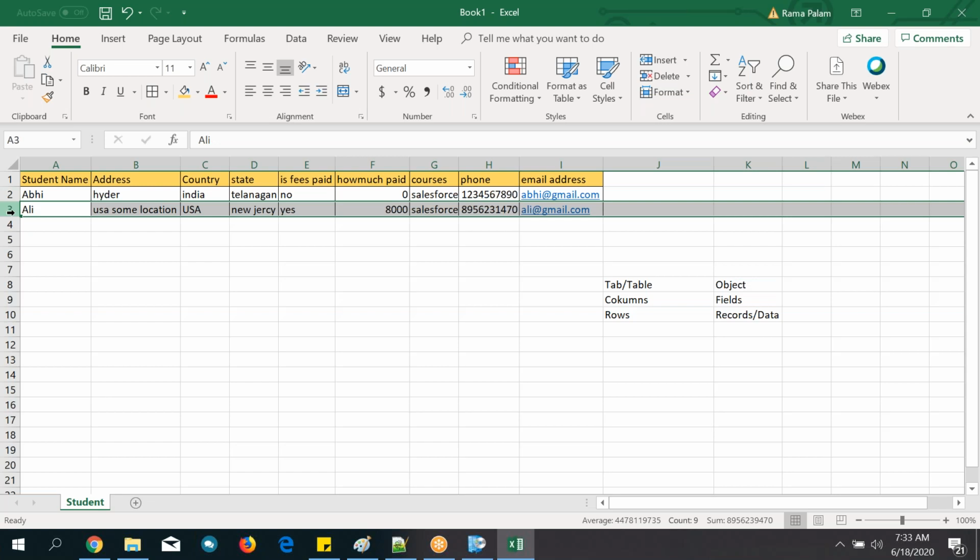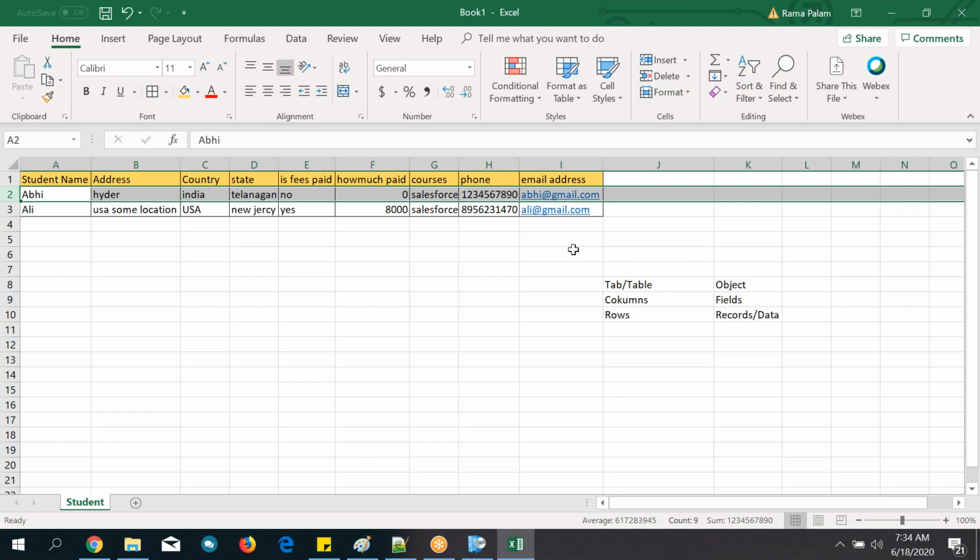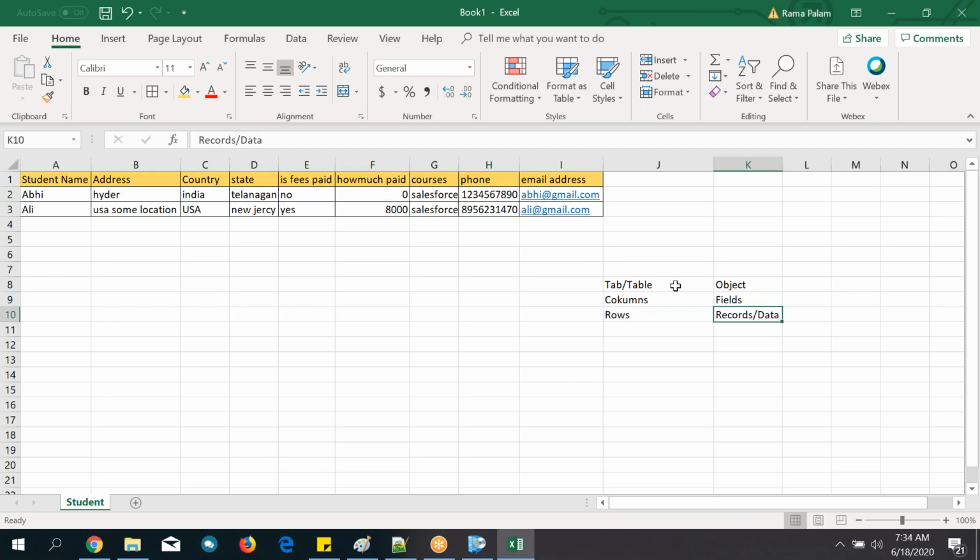Generally, record means one person's record. If you watch crime movies, they say, bring his record. From 98 till now he is a villain, a rowdy, so bring his record to the police station. Like that they say in movies, right? Same way, this is one person's record. So the person name is Ali. This is Abhi's record. Record means it contains all the details with respect to him, with respect to her, like that. Okay, that's it.